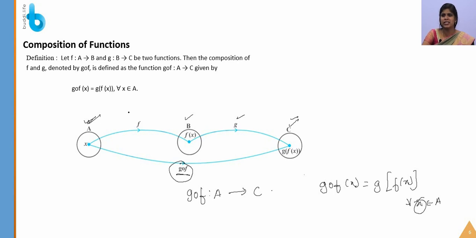Again, let me explain. See, f is a function from A to B, that is the domain of f is A and the codomain is B, and g is a function from B to C, that is the domain is B and the codomain is C. Then g∘f, or g composite f, this symbol is called the composite function. Then g∘f is a function from A to C, that is for g∘f the domain is A and the codomain is C, which is defined as (g∘f)(x) = g(f(x)). Okay, so this is the composite function.